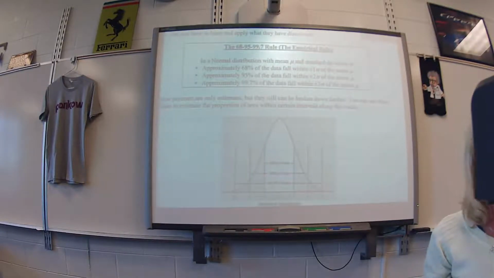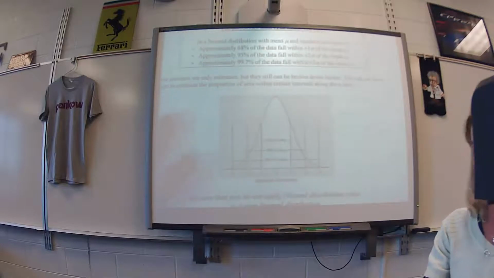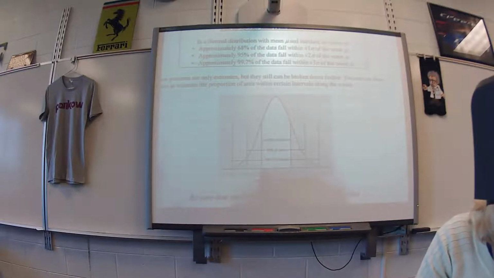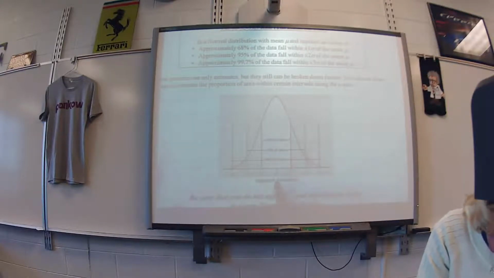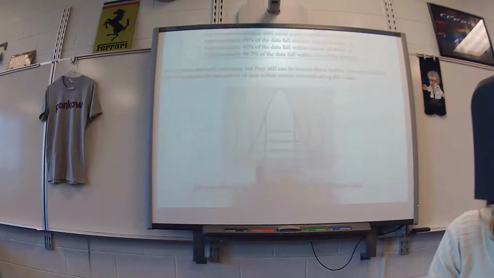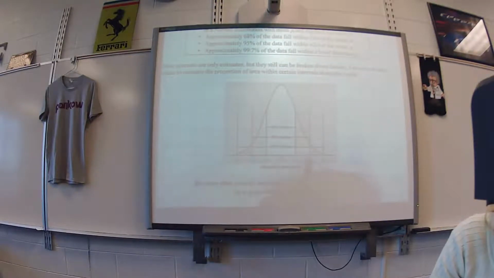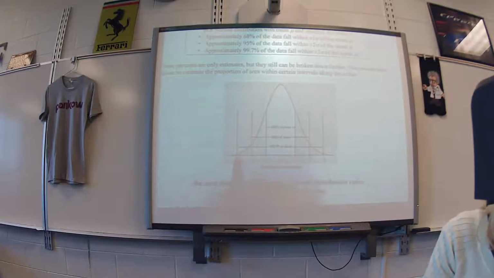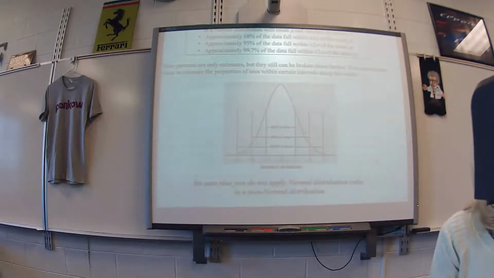So using calculus, what mathematicians figured out is if you have your mean dead center, if you count back and forward one standard deviation, you will have about 68% of your data in that region. Okay, so 0.68. If you go out a step further, now you'll have 95%, 0.95. And if you go out a step further, you'll have 99.7,